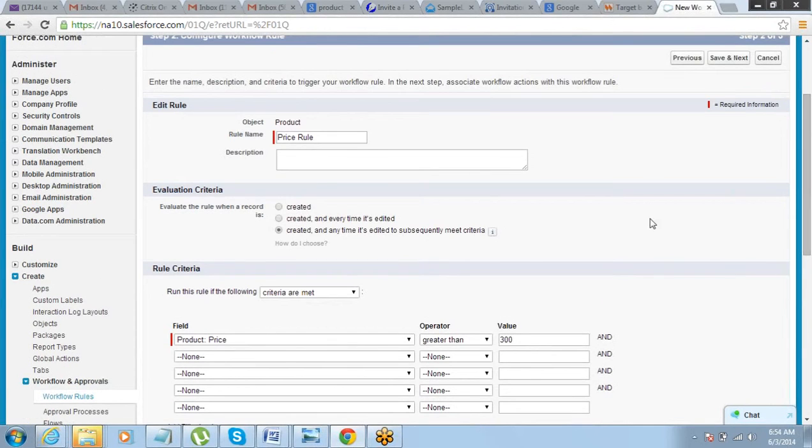Now evaluation criteria. Rule criteria we have defined. What is evaluation criteria? When you want this rule to be evaluated, that you have to define, right? Do you want the rule to be evaluated only when a record is being created, or when it is being edited as well? In case you just want the rule to be evaluated at the time of record being created, you should select the first one. In case you want the rule to be evaluated every time it's being edited, no matter what is being edited on that